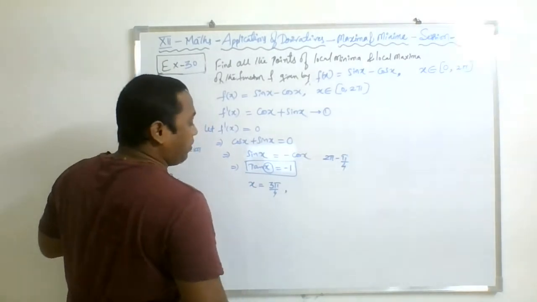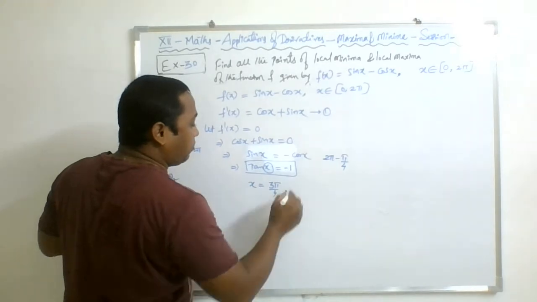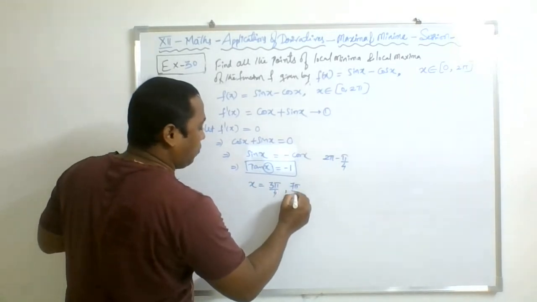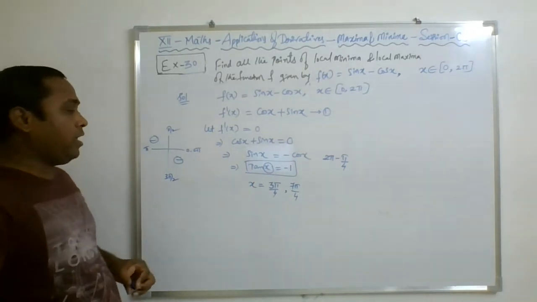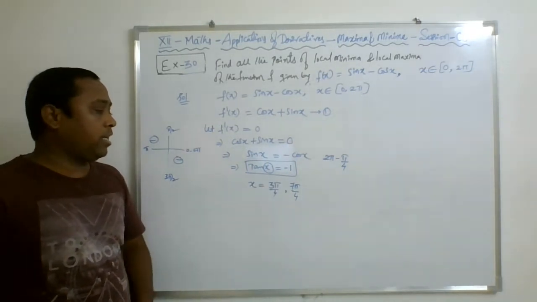Okay, so it will be what? 8 pi minus pi, that is 7 pi by 4. So there are two possible values where the tan x attains the